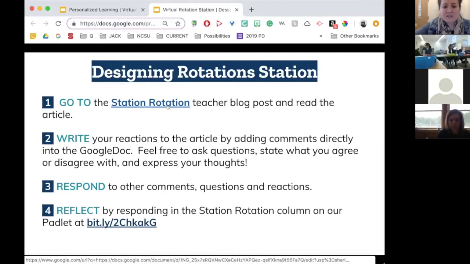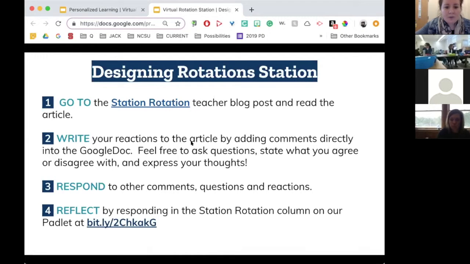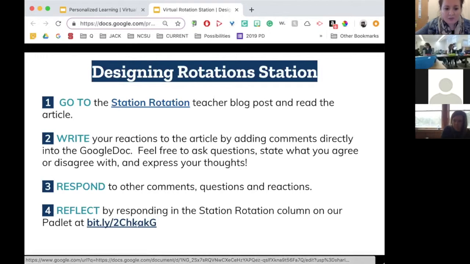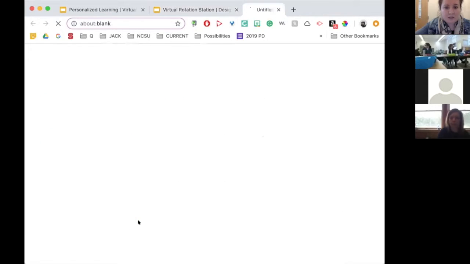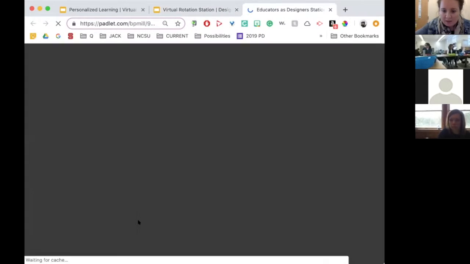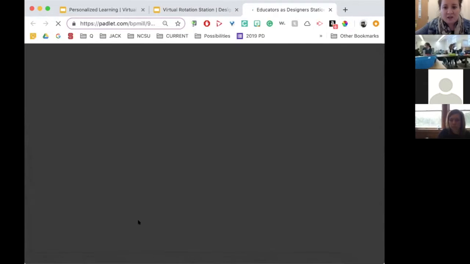When we did this face-to-face, it was written conversations on a very large piece of white paper with some markers. So we're kind of doing the same thing. But the goal is to really look at that article and then reflect on the Padlet link below. On this Padlet link, we decided to keep everyone's comments from even the face-to-face sessions that we did,